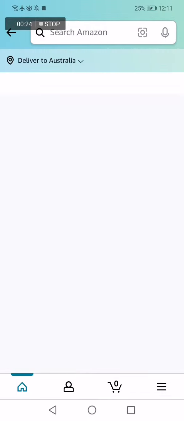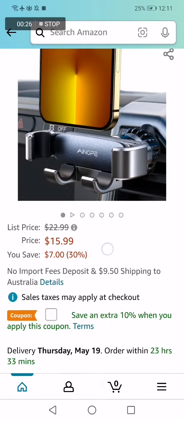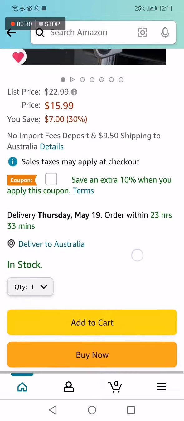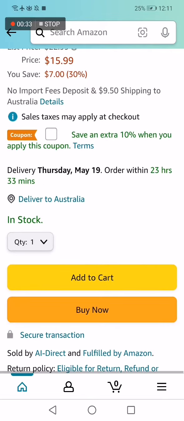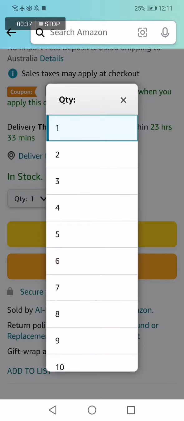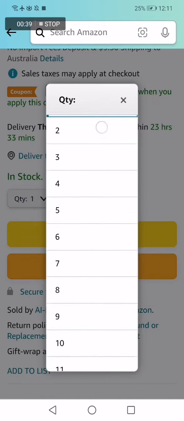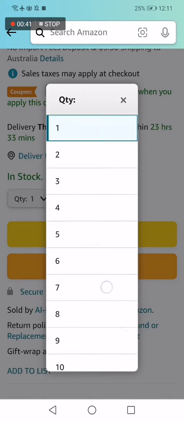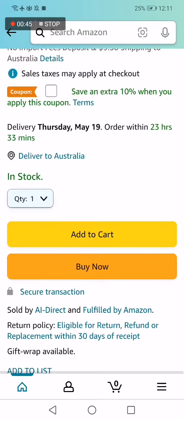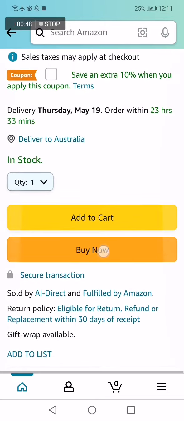Now all what you have to do is simple: scroll down and read first the description and all the informations. Then go to the in stock and choose the quantity from here that you want to buy. For example, 1, 2, 3, and you have the option to choose until 20 here. I'm gonna choose one and click buy now from here,